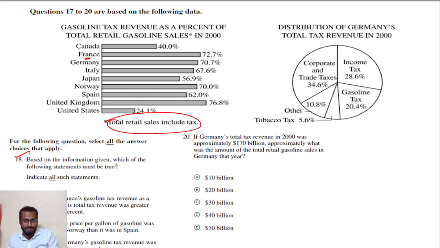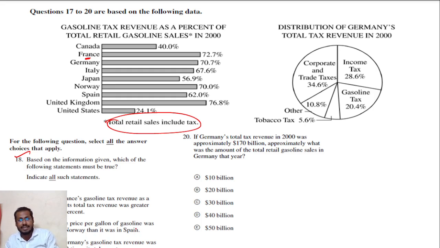And second one, look at this. In 2000, the price of a gallon of gasoline was greater in Norway than it was in Spain. So here also the gallon of gasoline is given here. No, so that is not given clearly. So you need not take this also. Okay, and in 2000,